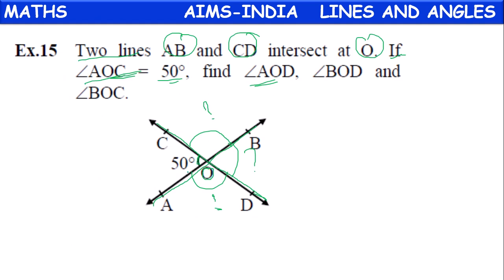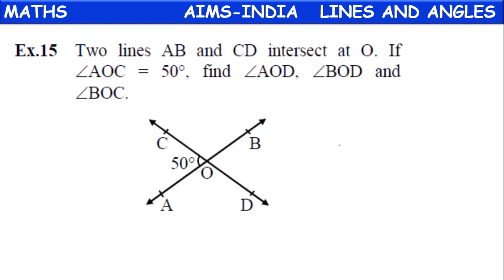Here children, if you observe, this OC ray is standing on the AB line. So OC this side one angle, OC that side one angle. These two angles' sum will be a linear pair. The 50 degrees plus, suppose it is x, 50 degrees plus x, the value will be 180 degrees, because one ray is standing on one line, which means adjacent angles will be a linear pair, 180 degrees.